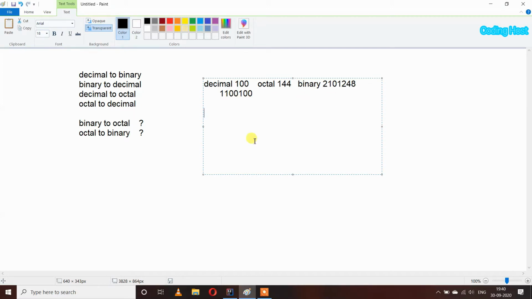Let's take another example that I have a binary number which is the binary of 100, which is 1100100. If I try to convert this binary number directly into an octal number, then instead of getting 144, we will get 408, and it is the wrong output. So to get the correct output, first we have to convert binary to decimal and then decimal to octal, and same here, octal to decimal and decimal to binary. So I will write one program which can do all these six types of conversions.